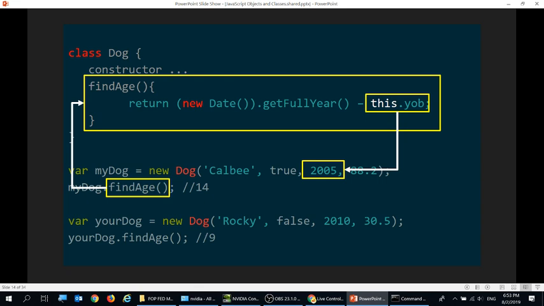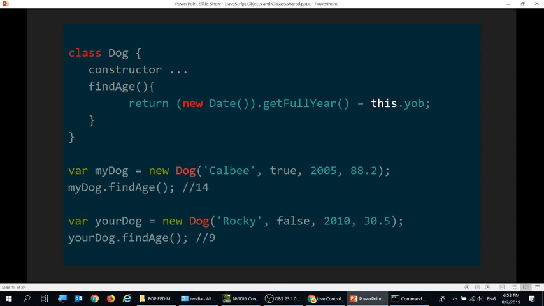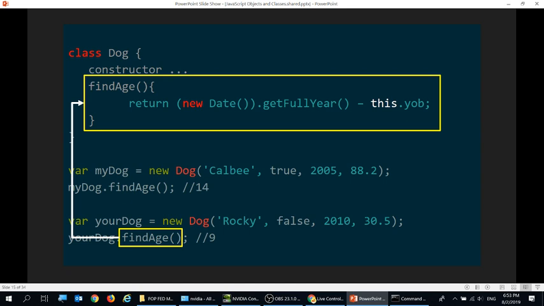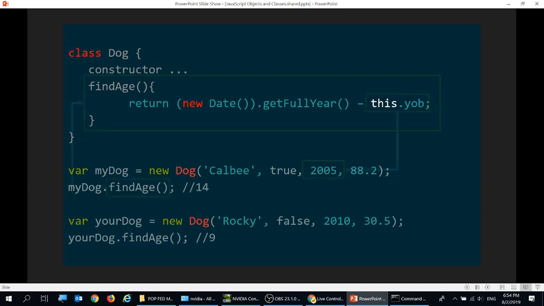And let's say I have another dog. I call it your dog. Similarly, when I create Rocky, your dog is born in 2010. When I access its find age, you will be able to retrieve the current age based on the year of birth that has been passed in and return a 9 for me instead. So this function becomes dynamic and reusable so long as the conditions are different when you create this particular dog. Instead of the previous example which I've shown here,